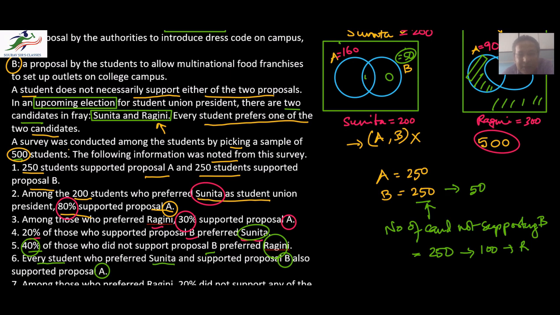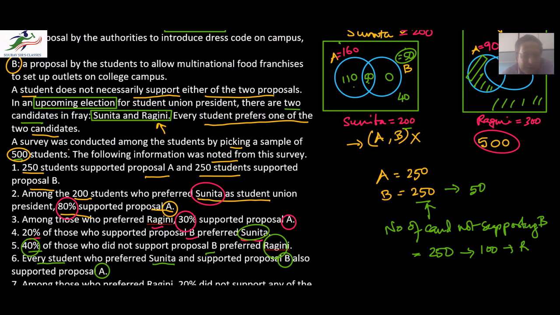So that means this will become 50 and this will become 110. So therefore we can see that 110 plus 50 is 160 and this is total is 200. So there are 40 candidates who are not supporting any of the proposals